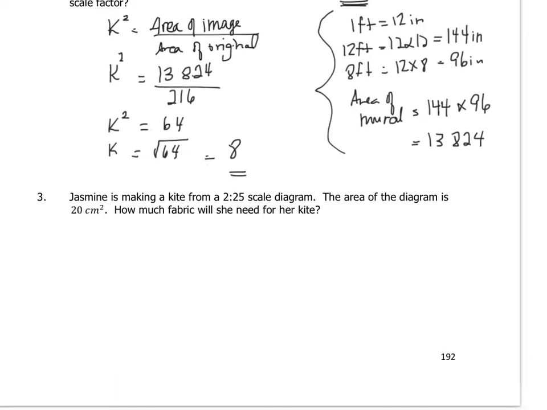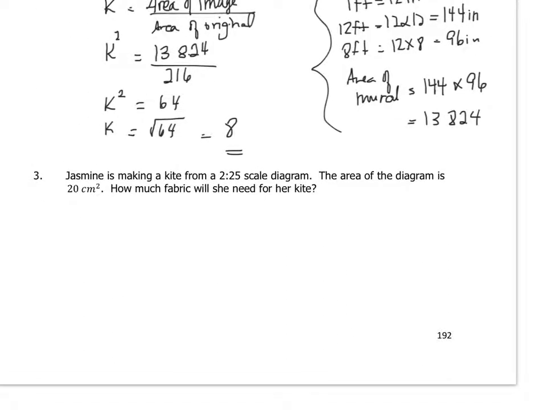Okay, question number 3. Jasmine is making a kite from a 2 to 25 scale diagram. So when you have 2 to 25, that means that our k is 2 over 25. The area of the diagram is 20 centimeters squared. How much fabric will she need for her kite? So, if we have k squared equals area of image over area of original,